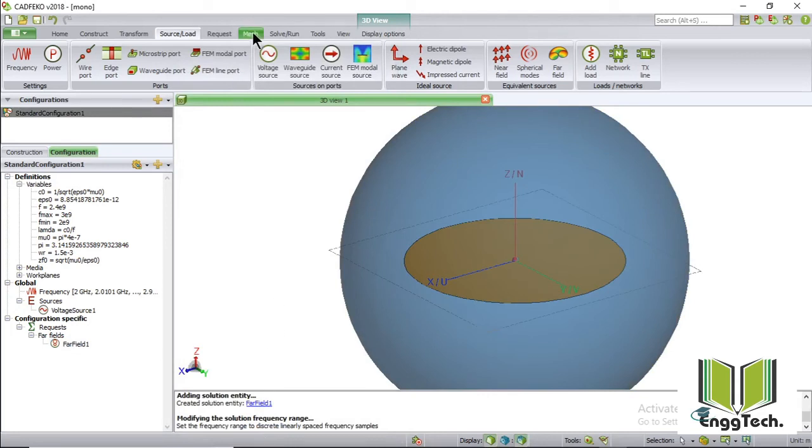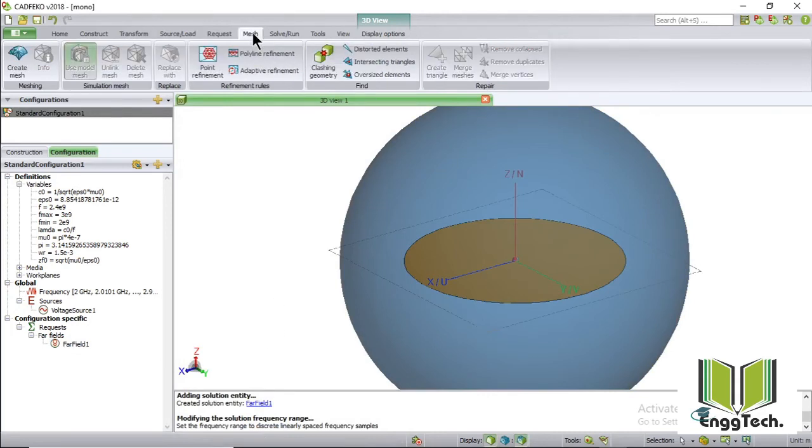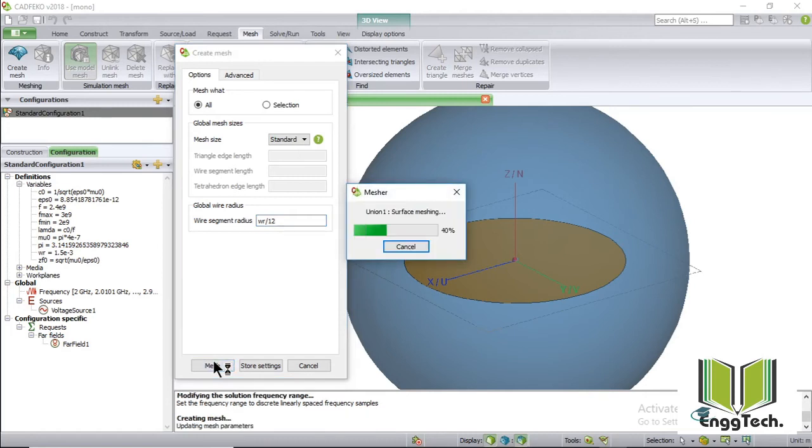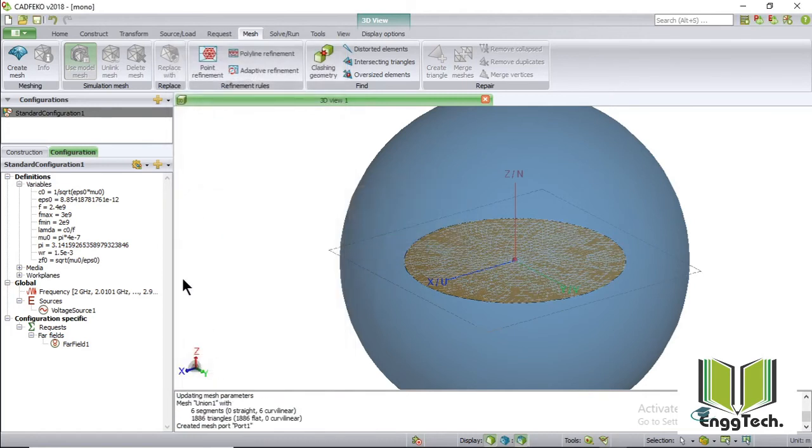Next I will mesh. So go in mesh and then create mesh. Wire segment radius will be WR divided by 12. Then say mesh. Next save the geometry.